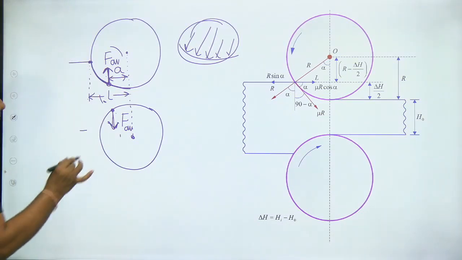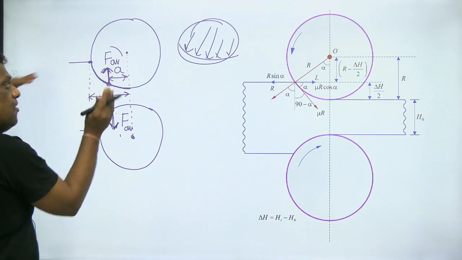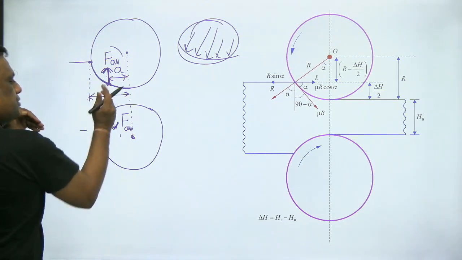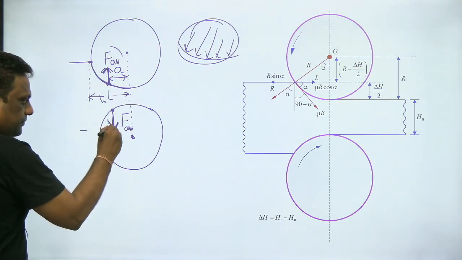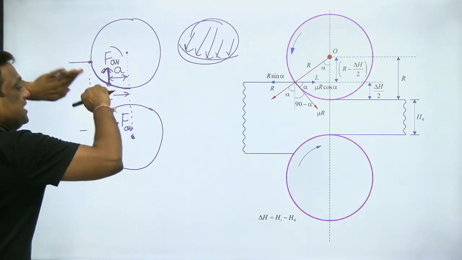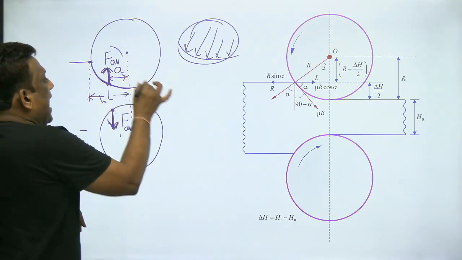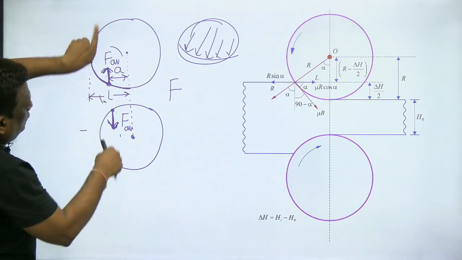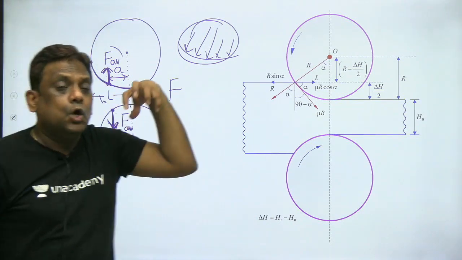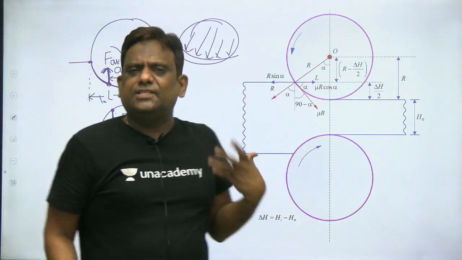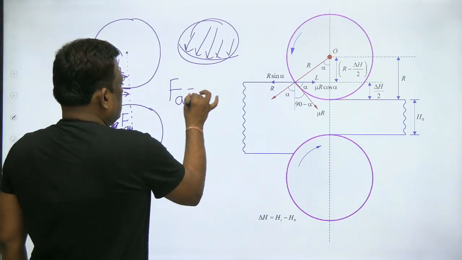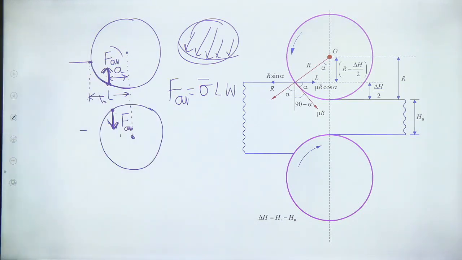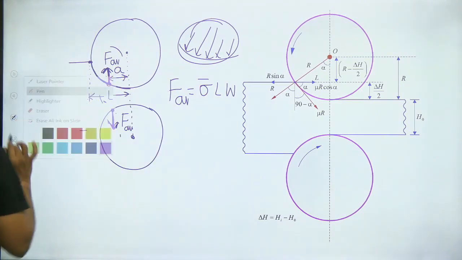Okay. Now, understand carefully. When the roll is pushing, the work will cause a reactive force. Means these reactive forces are trying to separate the rolls, and we call it roll separating force. ये separate करने की कोशिश कर रहा है. Just now I gave the equation for roll separating force, that is sigma average L into W. Now let us see what is the torque on this.